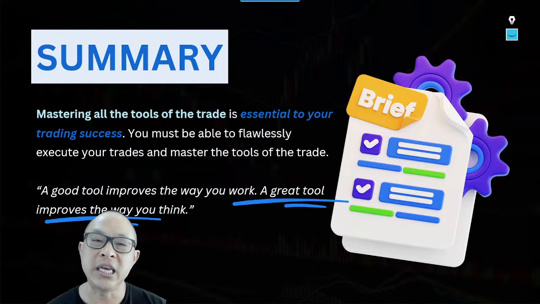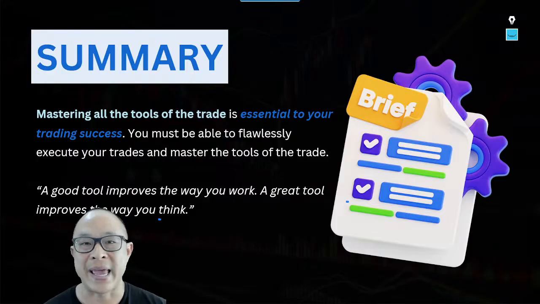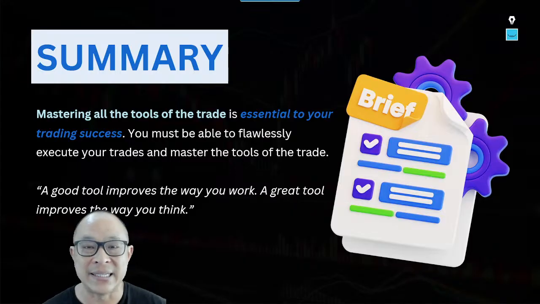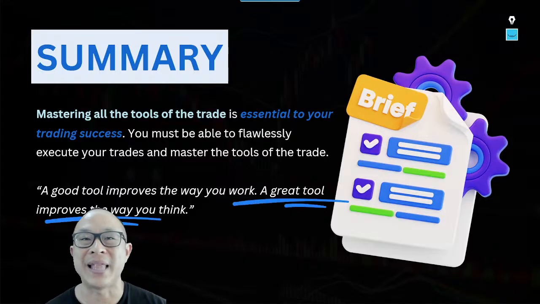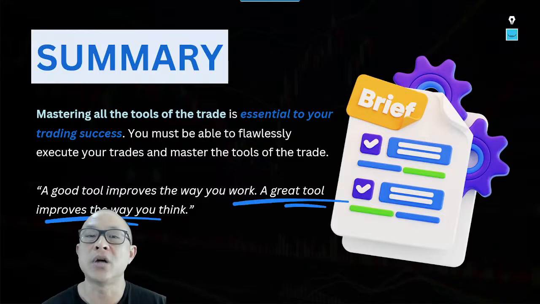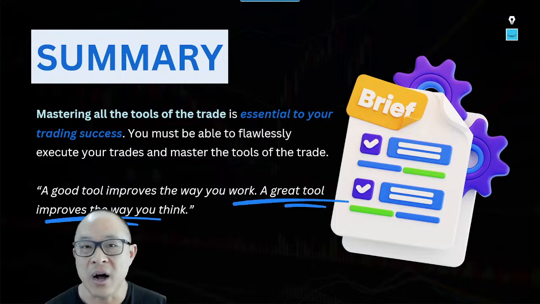How do you keep from becoming your own worst enemy? Because we are our own worst enemies, our emotions. And I'll give you a quick tip. In order to master your emotions, make sure you trade small and you master your mechanics, where you set it and forget it, and you don't always have to be tied to the screen because you've already planned the trade beforehand. And then once you get to level 2, we'll talk about mastering your strategies,